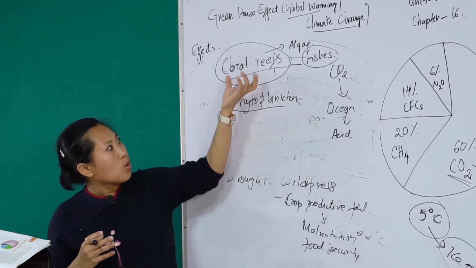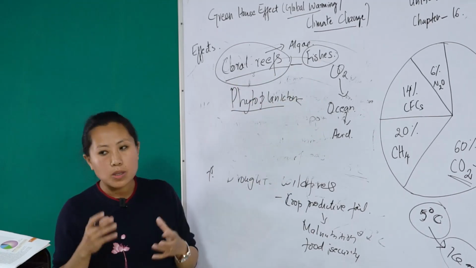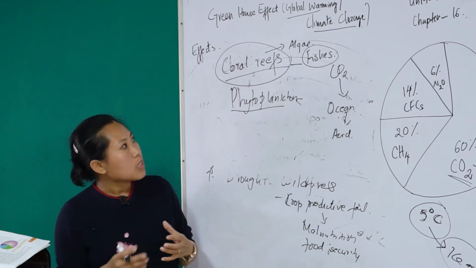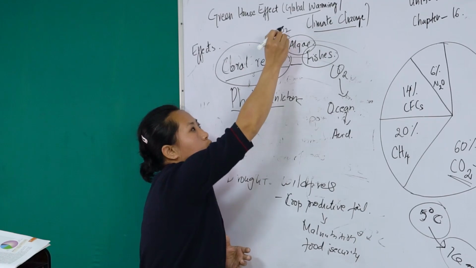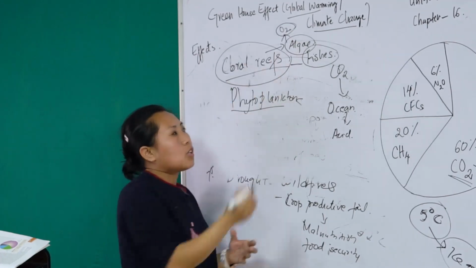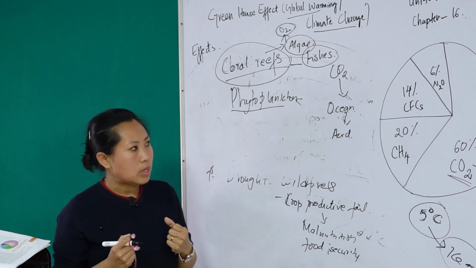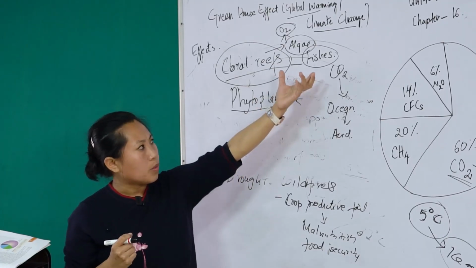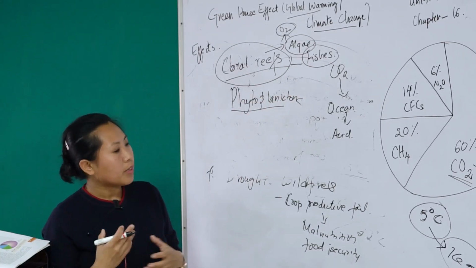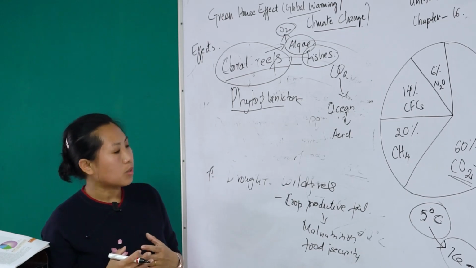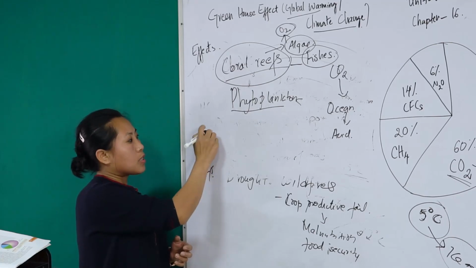So once these coral reefs are destroyed, the habitat of these fishes will be destroyed, and the algae, which are photosynthetic and release oxygen, will also decrease their photosynthetic activity, and the ocean will become more and more acidic. So the fish community will be disturbed, or it may even lead to the extinction of the fishes. And another effect is the shortage of